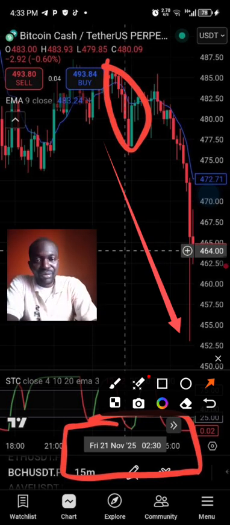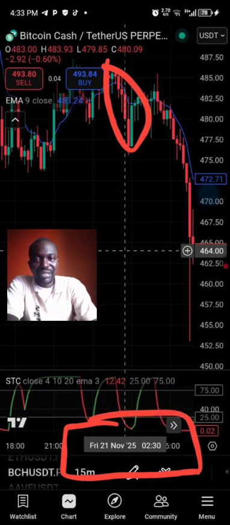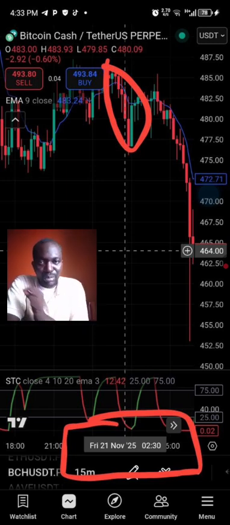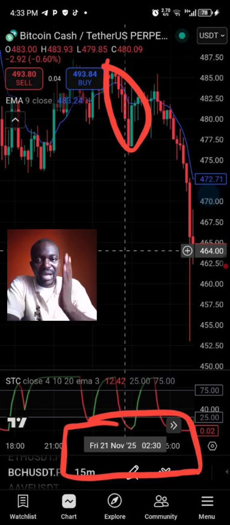So when you are less busy, just go to your charts, use your drawing tool, spot support, spot resistance, spot the movement of price that created a double top or double bottom, and then draw your trend line. Very important, guys. Draw your trend line. You can decide to do it before the bot sends the signal. You can decide to do it after the bot sends you a signal. But either way, you are still on the right track. It's just to train your eye to know when the signal is likely going to come from this bot. Okay, so I believe we have come to the end of today's training.